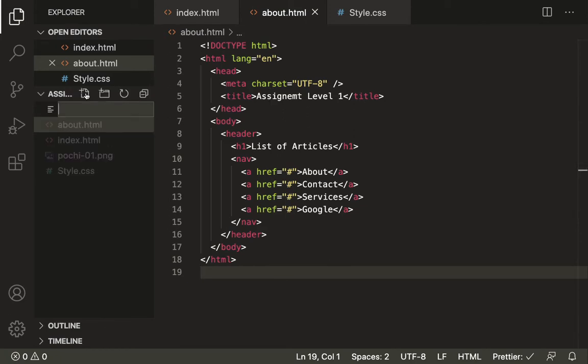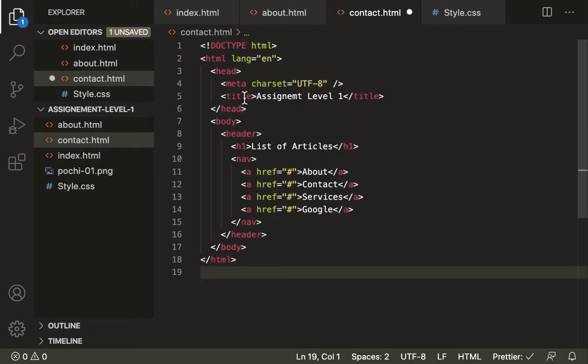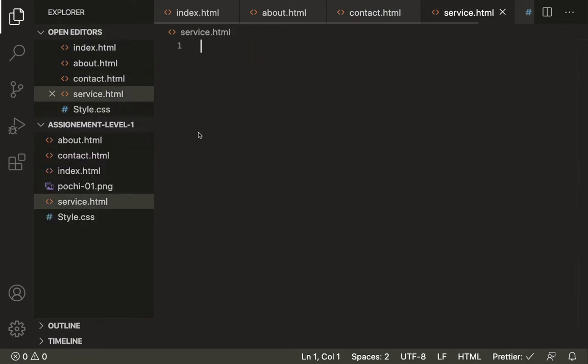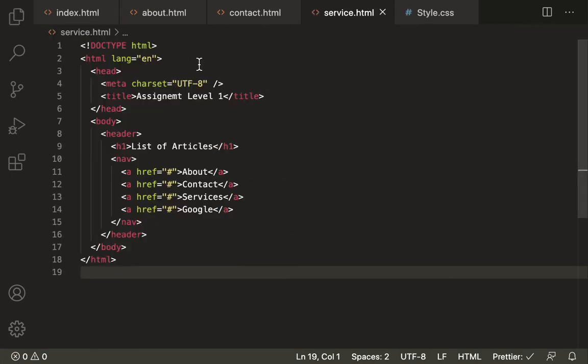Then we have contact page, so contact.html, again I will copy and paste here. Then we have service.html. Great, just copy and paste again. Alright, so we are done with all these pages.